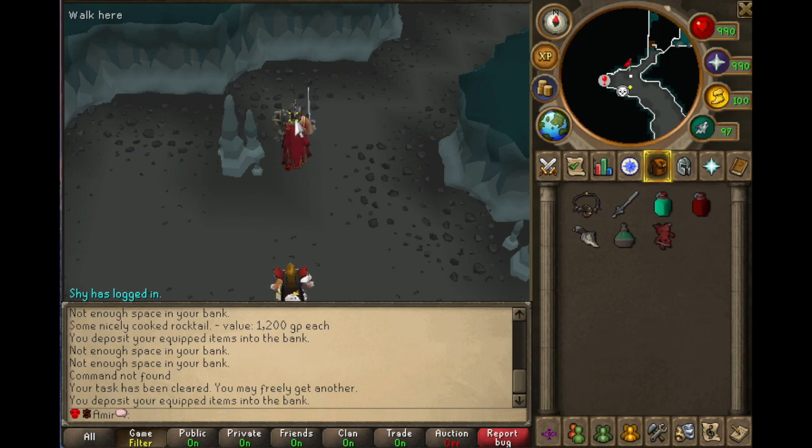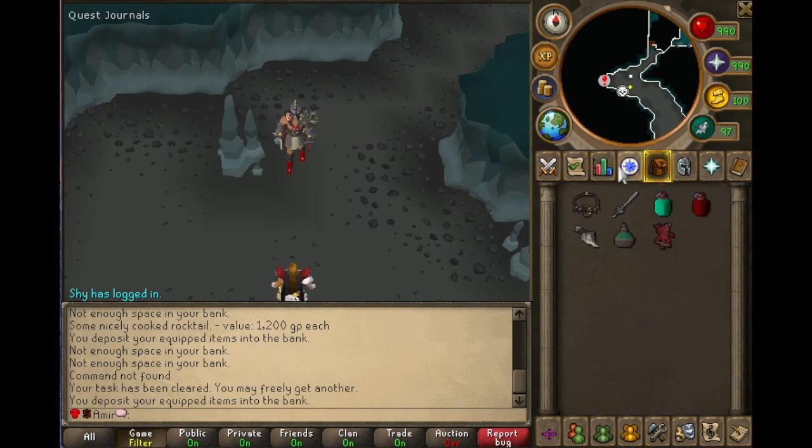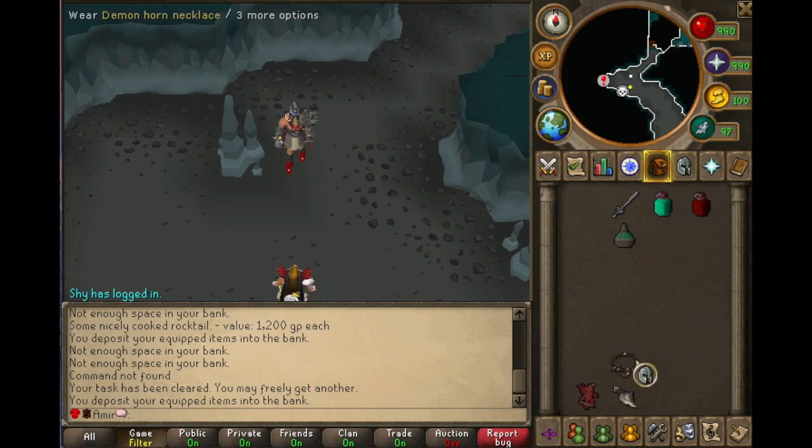Okay, so right now my Slayer task is Firewatch. I'm going to show you what I do at Firewatch. Okay, so this is my Slayer again. What I have in my inventory is Charming Imps to collect all the charms when I kill them without having to loot them. Bone Crusher, that depends if I'm getting a Hellhound or Fire Giant task, because if I wear